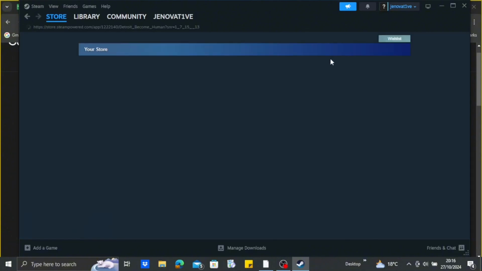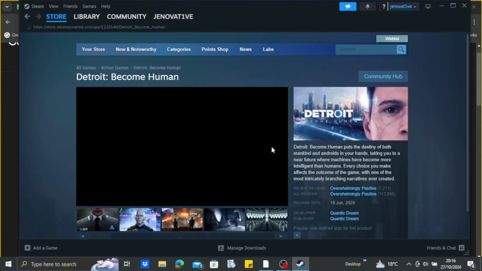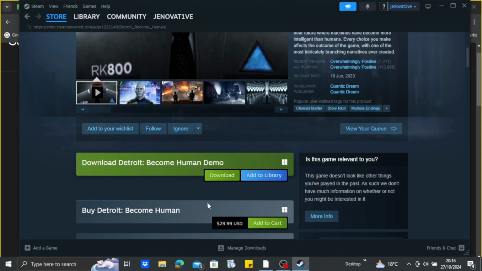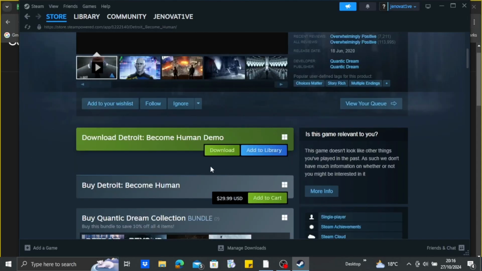So in order to download that application, there is a certain USD amount that you need to pay in order to download it onto your laptop. So you may just simply tap on download. You can see it's about $29.99 USD that you need to pay. So that's how you basically download Detroit Become Human